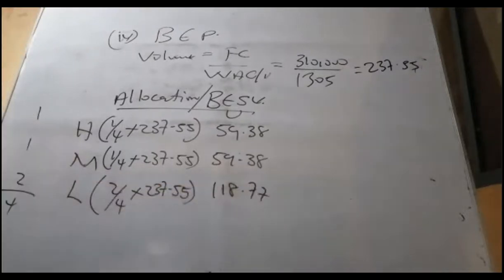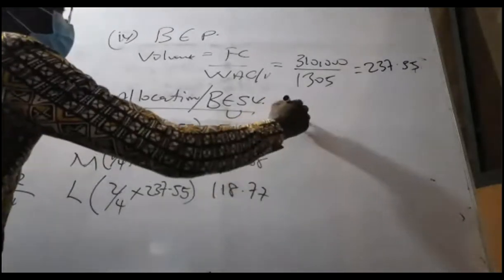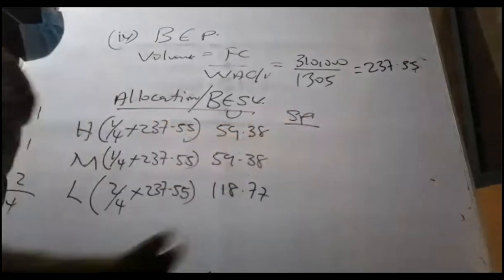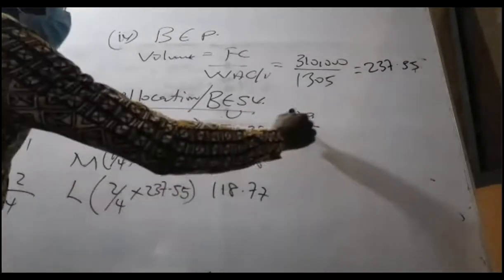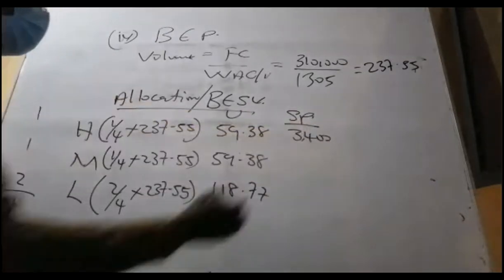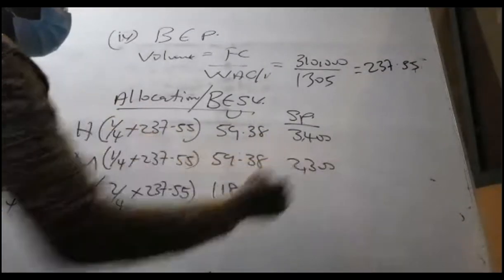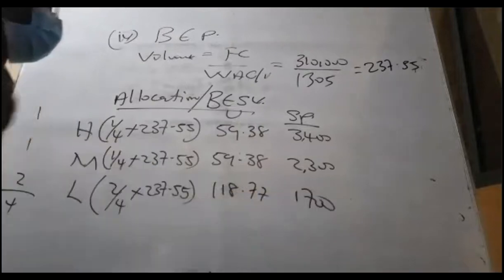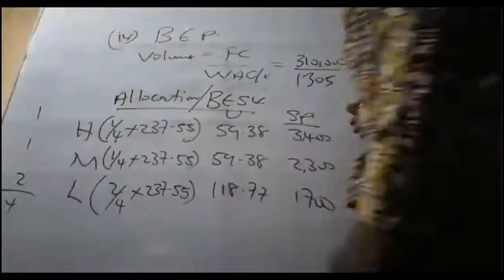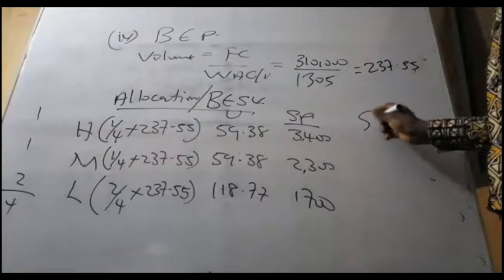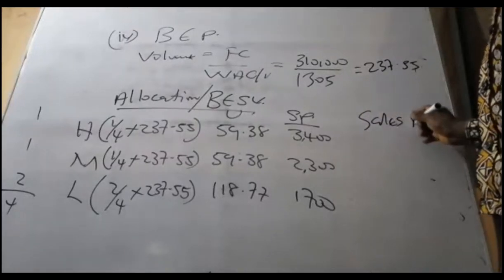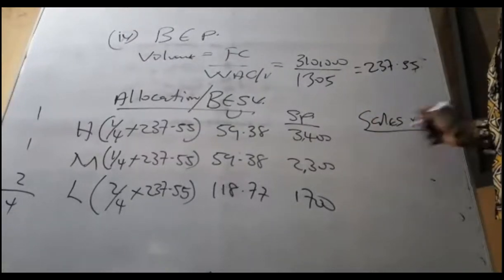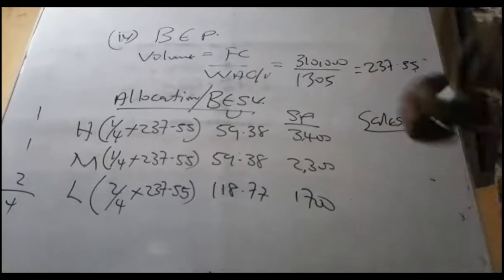Okay, so then you bring the selling price. The selling price is 3,400, 2,300, and then this one is 1,007. So therefore, what is the sales revenue? So sales revenue, and that will be,